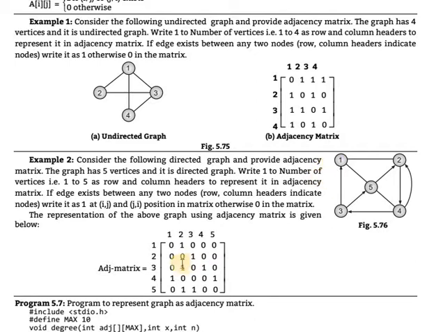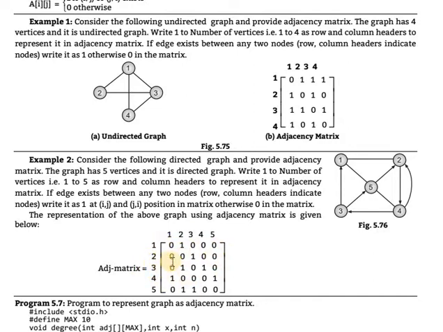1 to 4, no, 0. 1 to 5, no, so 0. 1 to 2, not 0 there, write 1, because it is an undirected graph, so no direction is given and the possibility exists. There is a mistake there, not 0, write 1. So 0 1 0 0 1. Okay, change it in the matrix.